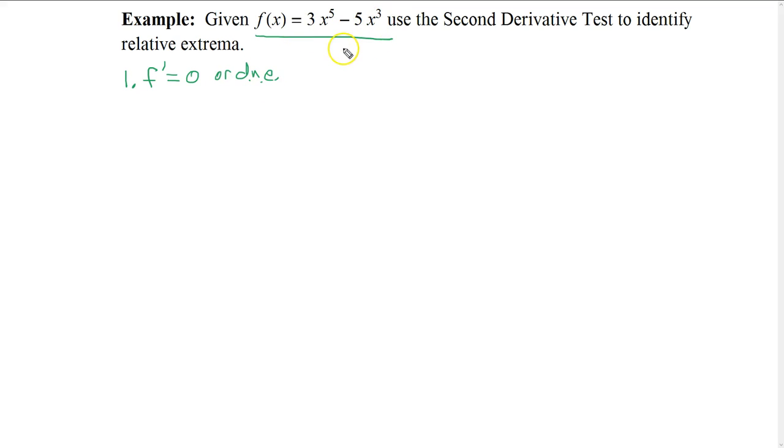So taking the derivative of this function, we get. Now we're not going to have to worry about where it does not exist because obviously this is a polynomial, it exists everywhere. So setting it equal to 0 and factoring this, we're going to get